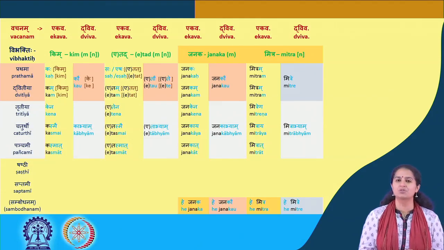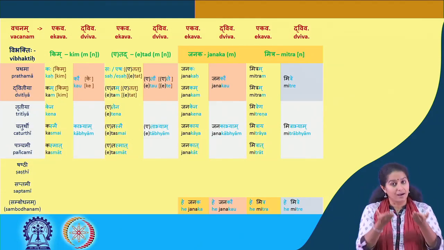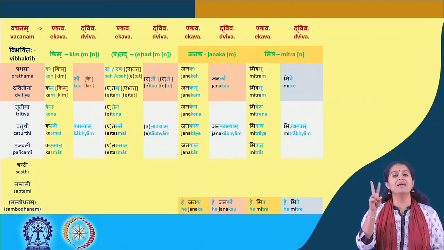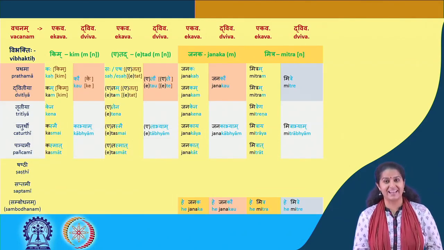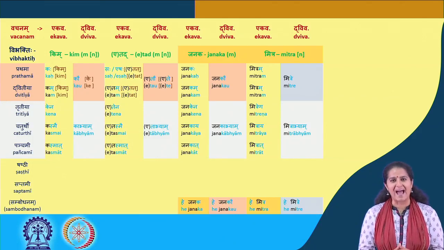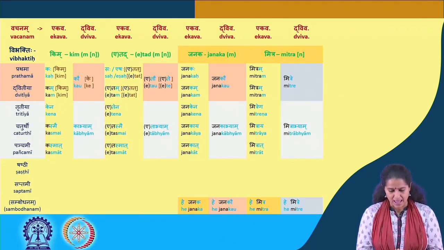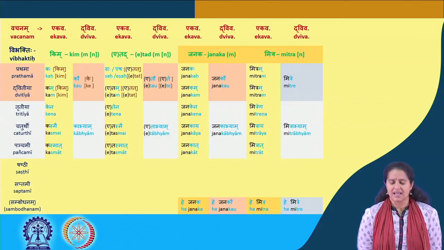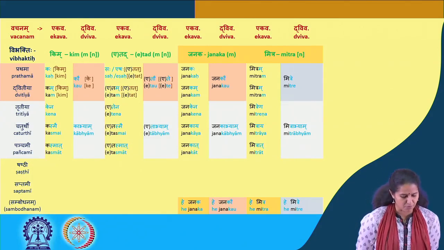Uttamam. And what happens to the neuter? He mitra agachatu. Two of them, he mitre agachatam. Uttamam. Alright, so I hope you've got a hang of this one in the masculine. And maybe just for a quick exercise, will you try making the sentence for me?